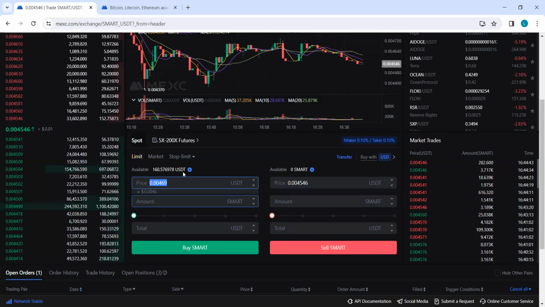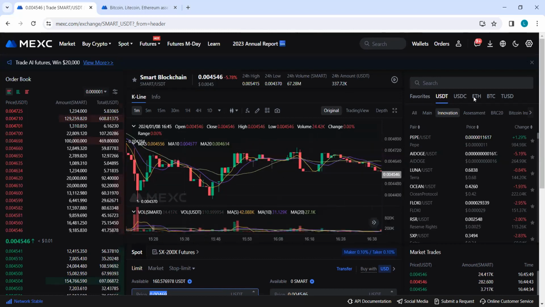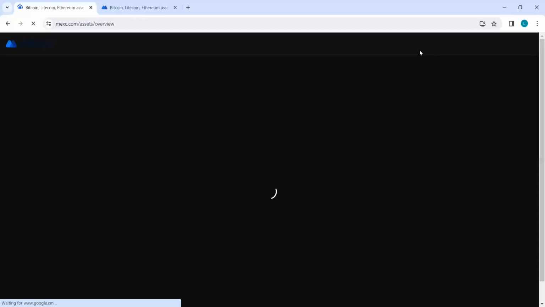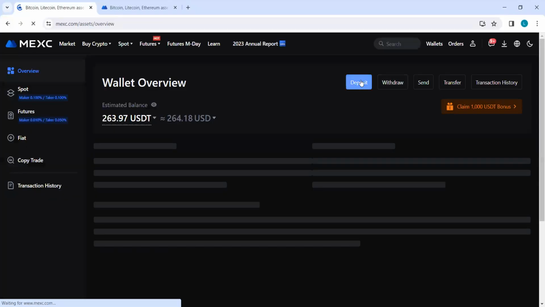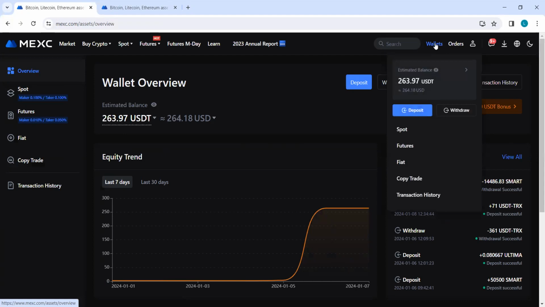Now, if you want to make a withdrawal, whether of the same smart coins which you bought or of the USDTs, what do you do? You simply go again to the option deposit, or rather withdrawal. This time around, you are going to the option withdrawal. That's under wallet. So the wallet is going to give you the option withdraw. So once you click on withdraw,